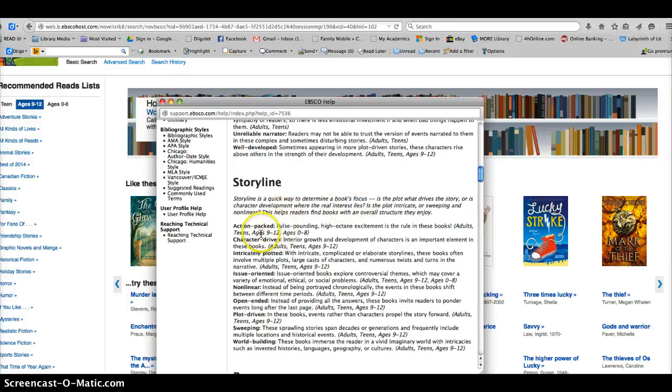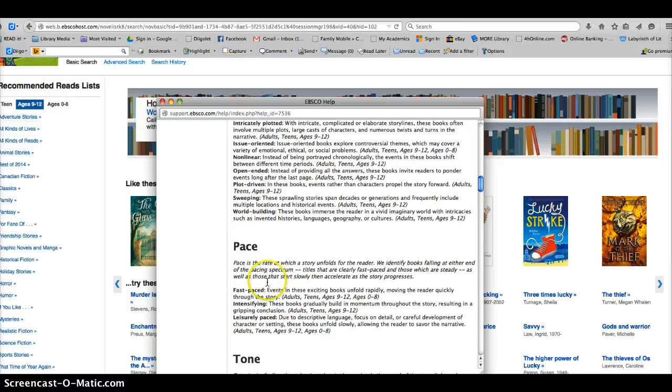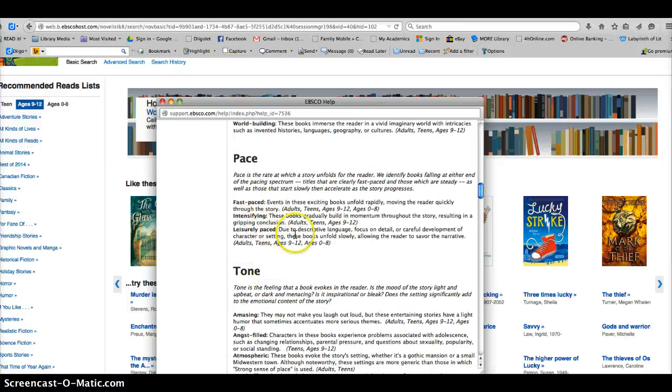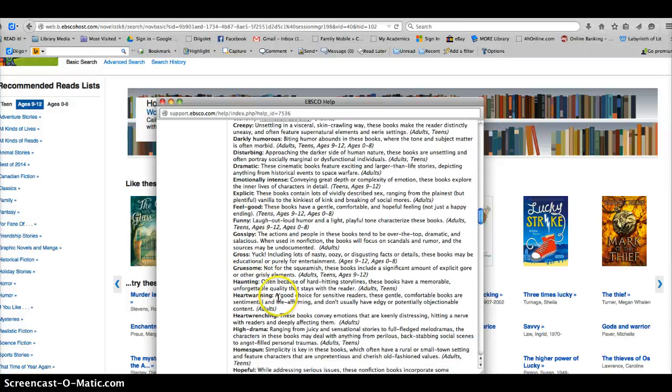Here you see storylines, as far as if it's a character-driven story, open-ended, plot-driven, sweeping world building. Pace, not quite as many categories, but probably because a lot of books are just medium and don't need to be categorized, but then there are those fast-paced books or intensive pace. Tone, lots of tone. Gossipy versus gross.